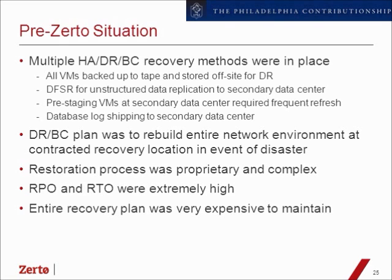We kind of patchwork things, and we had multiple HA and DR and business continuity recovery methods in place. VMs were backed up to disk. They were stored off-site for DR. We were just kind of patching things in there in the beginning, using VFS for replication for unstructured data, pre-staging VMs. Just anything we could do to spread out our risk without having a real, true enterprise solution in place. The DR, the business continuity plan was simply to rebuild the entire environment from scratch